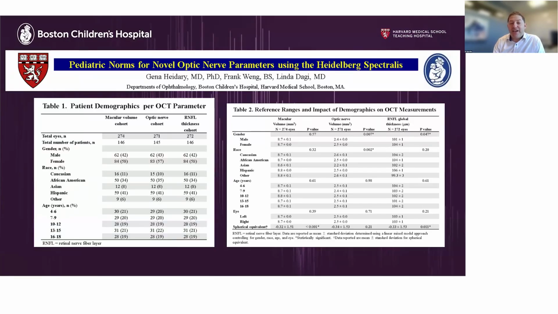This one by Jenna Haidari and Linda Doggy was presented at APOS in 2015, where they basically took a normal cohort of children who had spherical equivalents between -4 and +4 and put them through macular volume, optic nerve head volume, and global RNFL thicknesses. And if you look at the third column over here, it looks basically like around 100 is a pretty normal